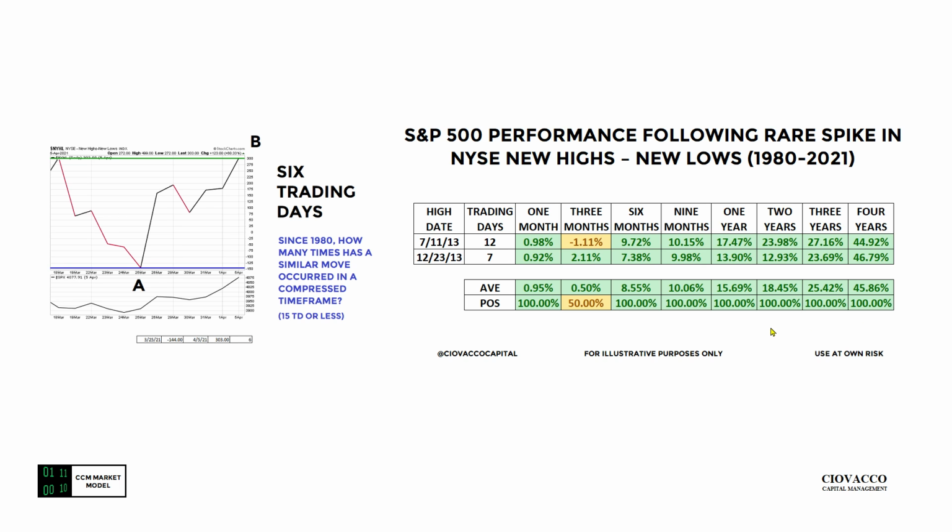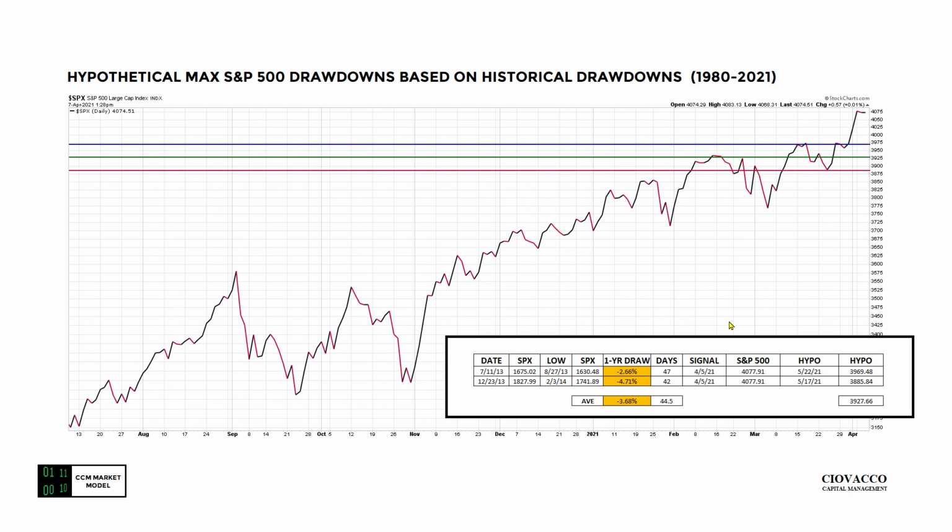We all know there's no such thing as a free lunch in the stock market, so to get to the right side of the table, it's also helpful to know that the 1-year drawdown after the first instance was just a little bit under 3%. Second case, just a little bit under 5%. Both of those drawdowns occurred relatively quickly, roughly 45 calendar days from the date of the signal, which would be similar to this week. Hypothetically, if we experience similar drawdowns over the next 45 days, we'd come back into this area here between, let's say, 38.75 and 39.75. Not a prediction, simply gives us a reference point to manage against.